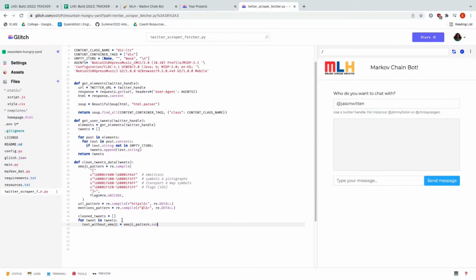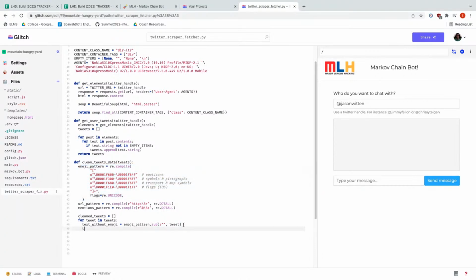We already have emoji pattern, and we're going to subtract what we don't want from it, replacing it with an empty string, in tweet. Basically, it's going to subtract all of the emojis from the tweet and give us that new string.